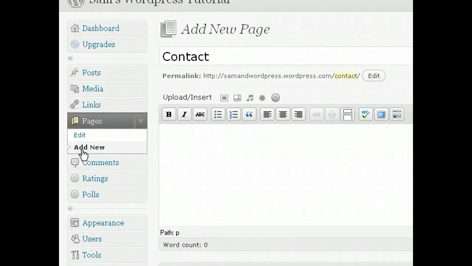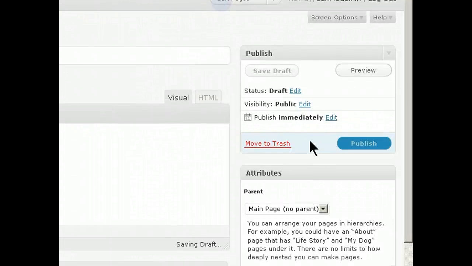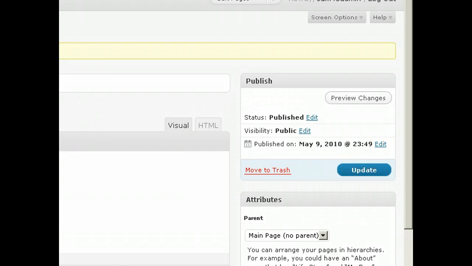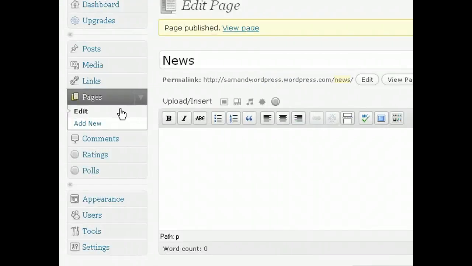I'm going to add new down here. I'm going to put news there. Go back here, press publish. I don't think it went, did it? Press it again. There it goes, this little wheel. I'm going to create one more. So wait till it's finished turning. Bingo. Go back here, add new,